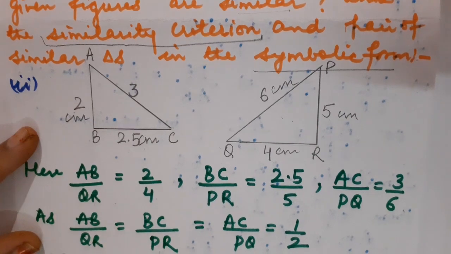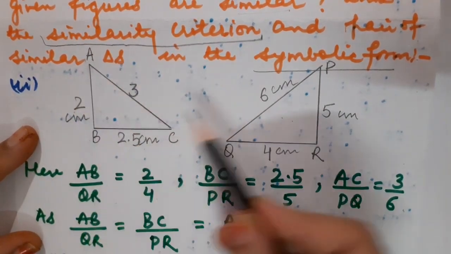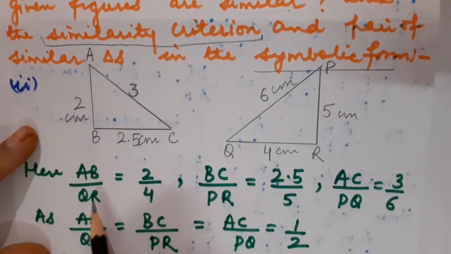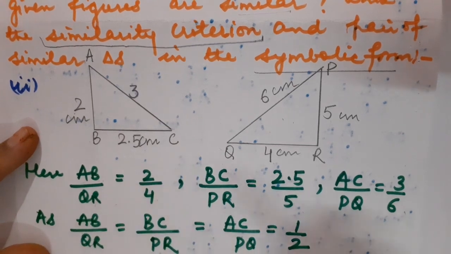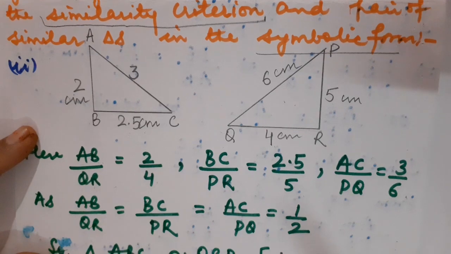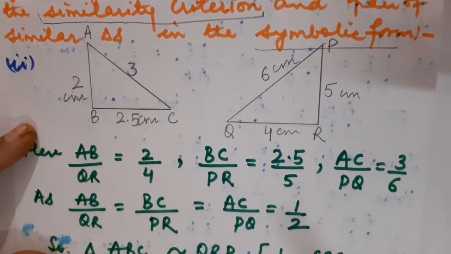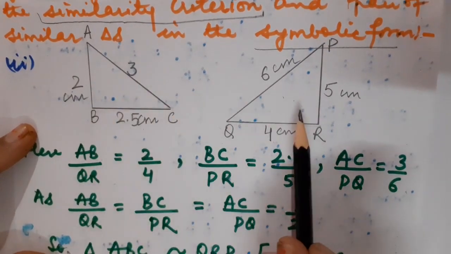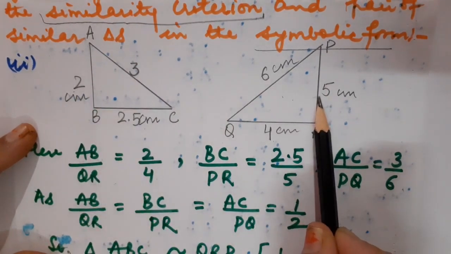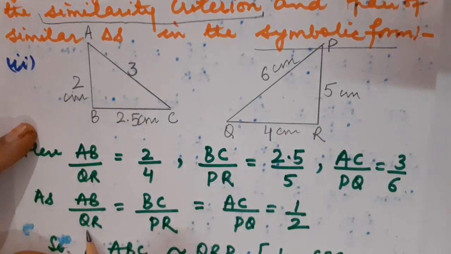Okay. So if I talk about the corresponding sides, then you can see that AB is in correspondence with PR. But here I am going to take the relation of AB with QR. Because what was the purpose? The purpose is that I have to prove that the ratio of the corresponding sides must be equal. But while looking at the diagram, AB is appearing in correspondence with PR. Fine. But I am going to take its relation with QR. So why is it so? There is a reason, children.